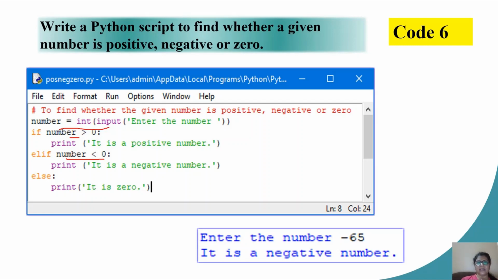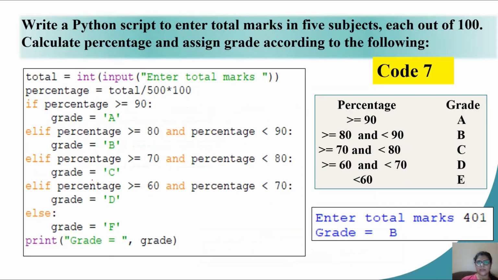Finally, if it is neither greater nor less than 0, I can say yes, it is equal to 0. So I need not check the condition number double equal to 0 again, because this is implied. If it is neither greater nor less, in that case it should be only equal to 0, right?